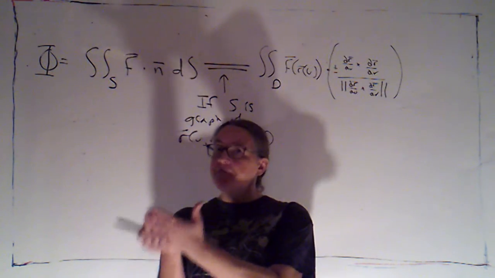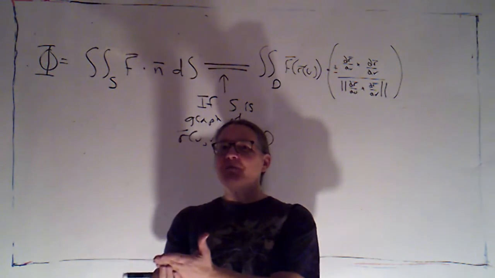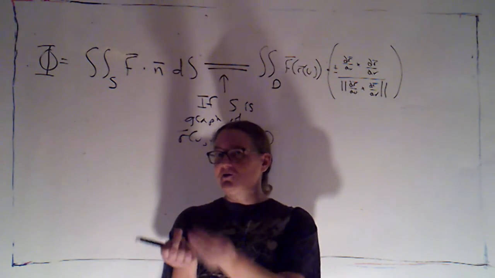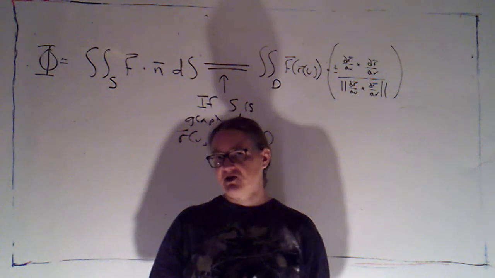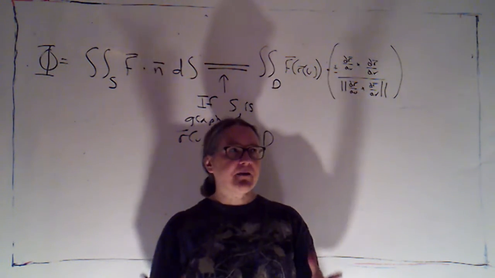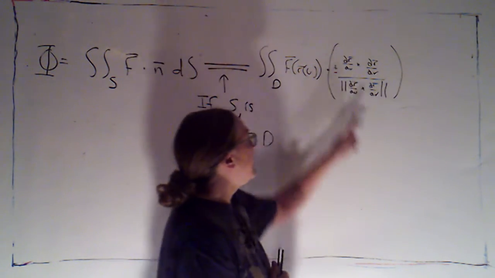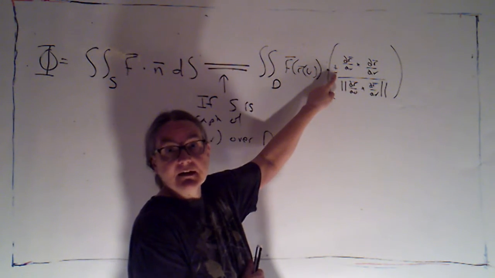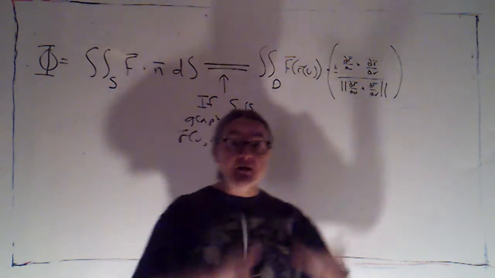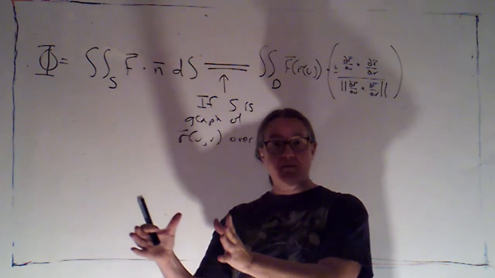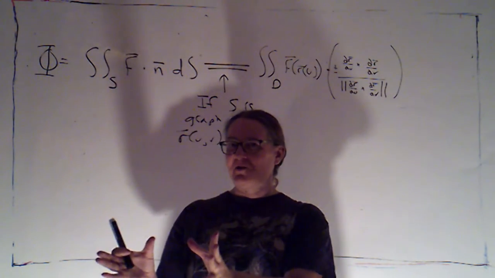Which means I have a 50-50 chance that I picked a parameterization whose principal unit normal vector points in the direction that I want for the orientation of my surface. If I picked one that points in the wrong direction, I would simply adjust with that minus sign. Okay, so you can certainly rig it so that you always pick a parameterization whose principal unit normal vector points